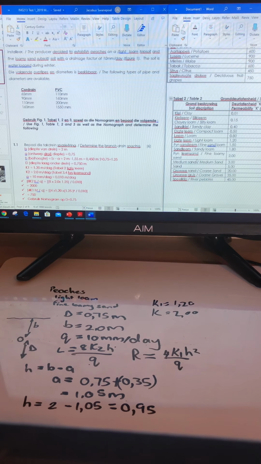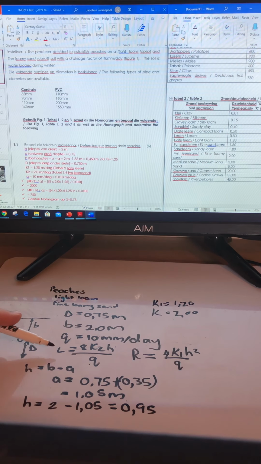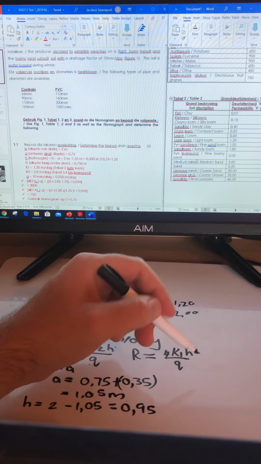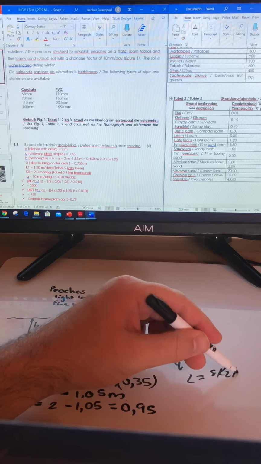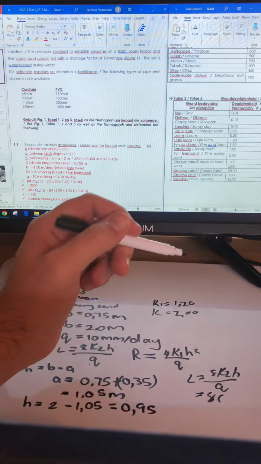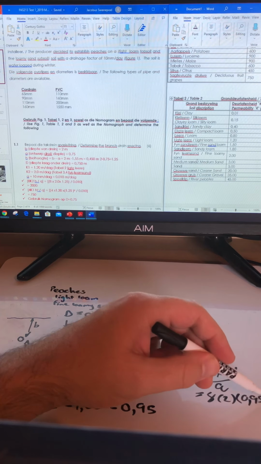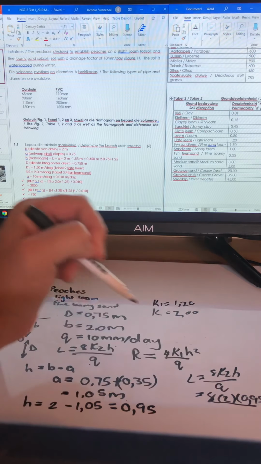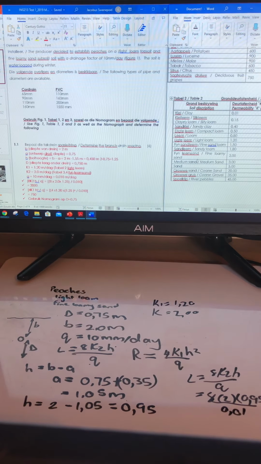Now that you've got all of these values, you'll put them into these two equations, L and R. I'm going to have to remove all of this, or I'll just use this space. For L, you've got 8K2H divided by Q. So 8K2 is 2, and H is 0,95, on top of Q, which is 10 millimeters per day, in other words 0,01, and